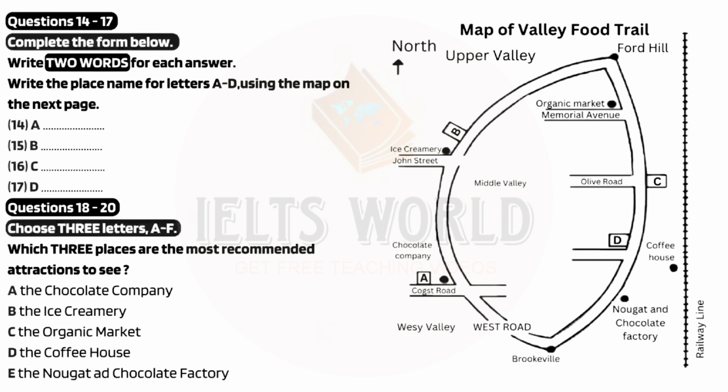A little further north, we have reached Ford Hill, where we can start our drive southwards along Great Northern Highway following the railway line. First, we come to the organic market near the corner of Memorial Avenue, and then to Olive Farm opposite Olive